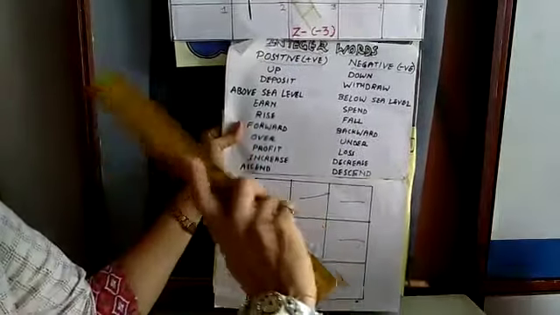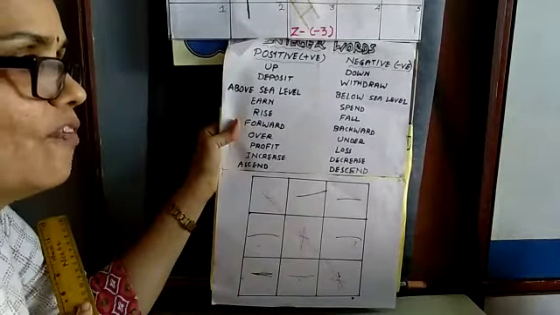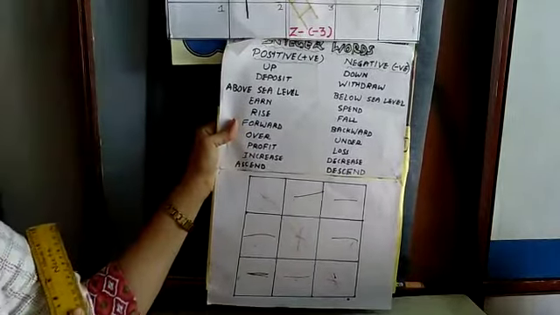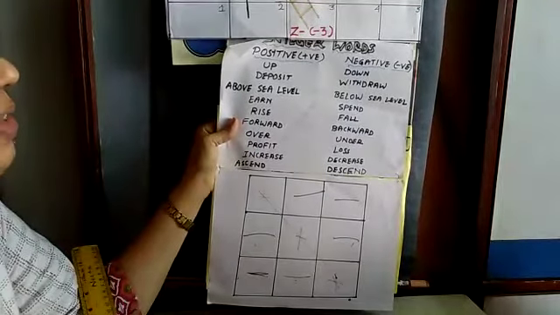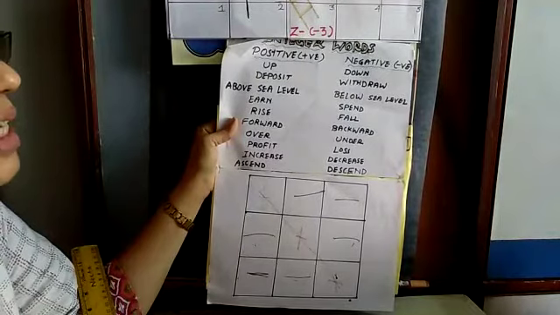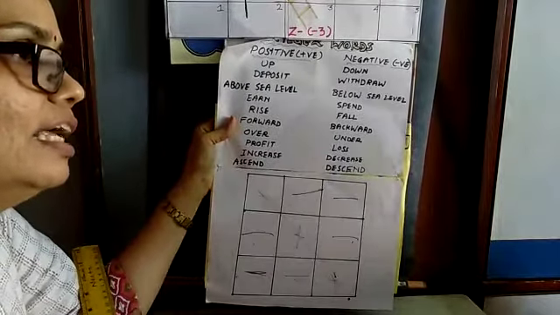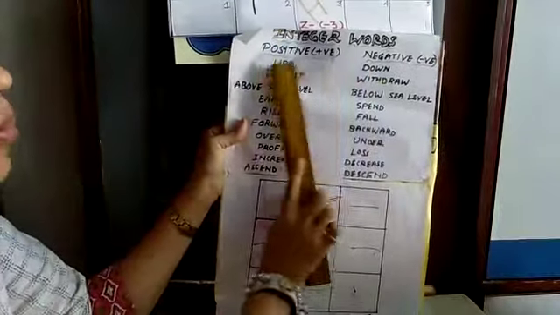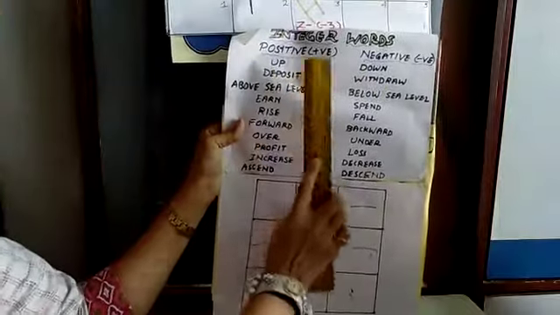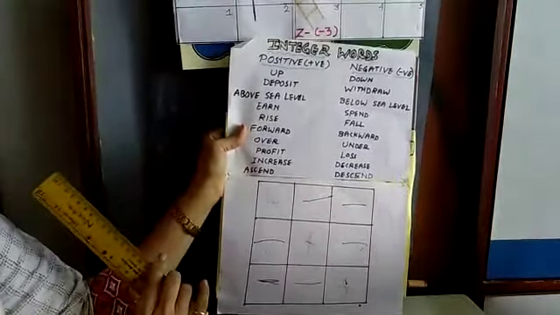Right, number 5 is above sea level. So how will you write the number 5? +5. Very good. Now, yesterday the temperature fell down 7 degrees Celsius. So how will you write that temperature? -7 degrees. Very good. So now you understood why I have written the opposite way? Yes. Very good.